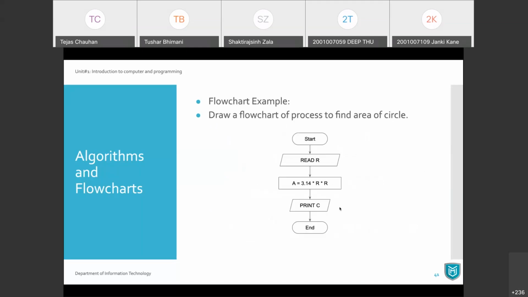Then let us have a look at the first and very basic flowchart example. Before that, let me address some queries on the chat screen. Can we say that algorithm shows only basic concepts of a program? Yeah, we can say that.